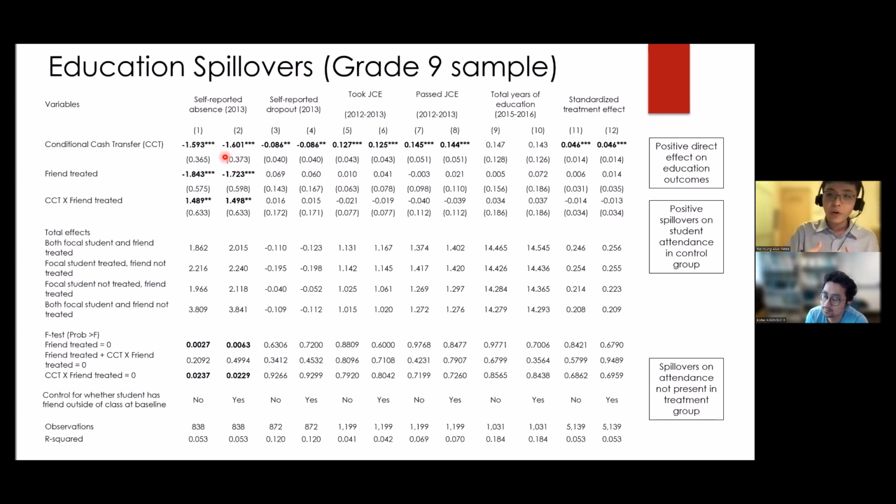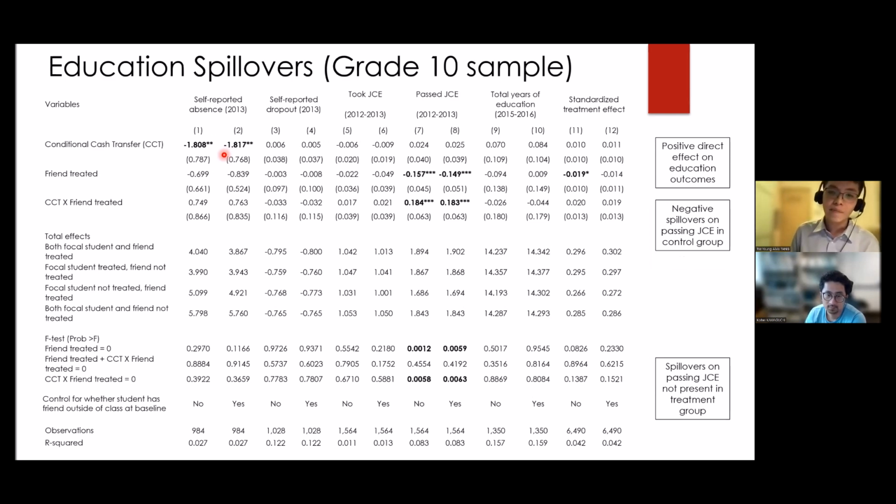I think for grade 9, there seems to be a better story that control students tend to be friends with fellow control students because of this intervention, and that might have segregated, if you may, the treatment group and the control group, and maybe that's driving some of the results that we see here. But then for grade 10, it's not entirely clear how the results came about,